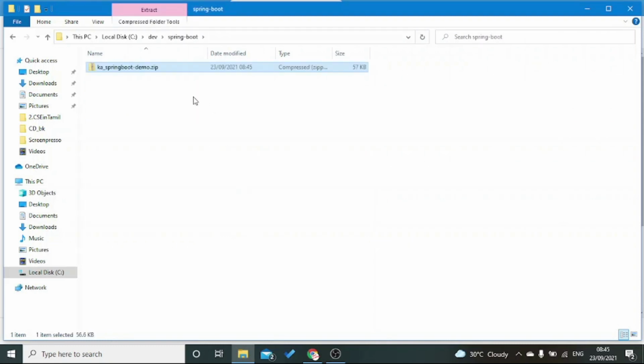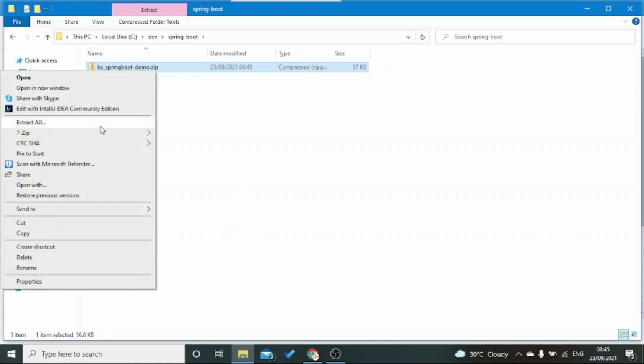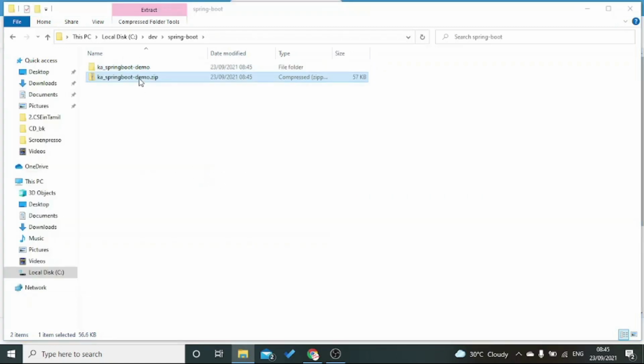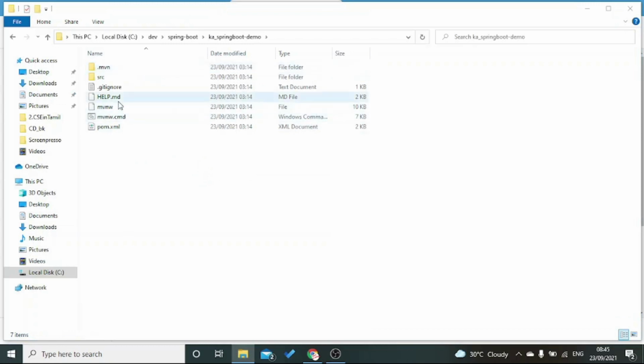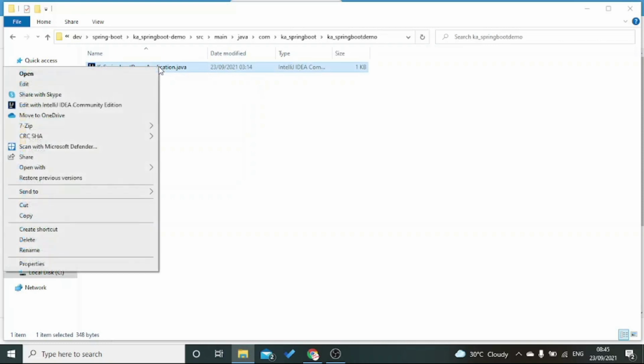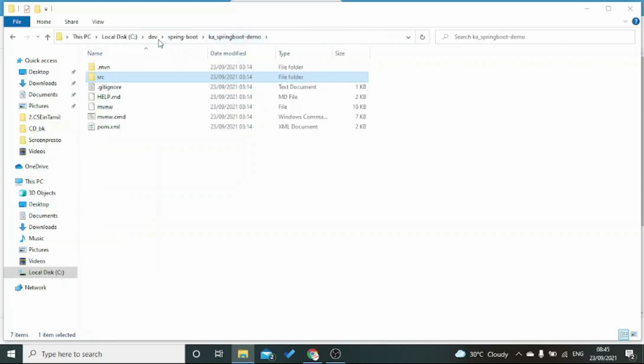So what I have done is when you click generate in the web page, it created a zip file. I placed it in my laptop and I extracted it. So the next thing we will see is we will open it. We open this project in some IDE and see what it created. So I'm going to use IntelliJ IDEA for opening this project.